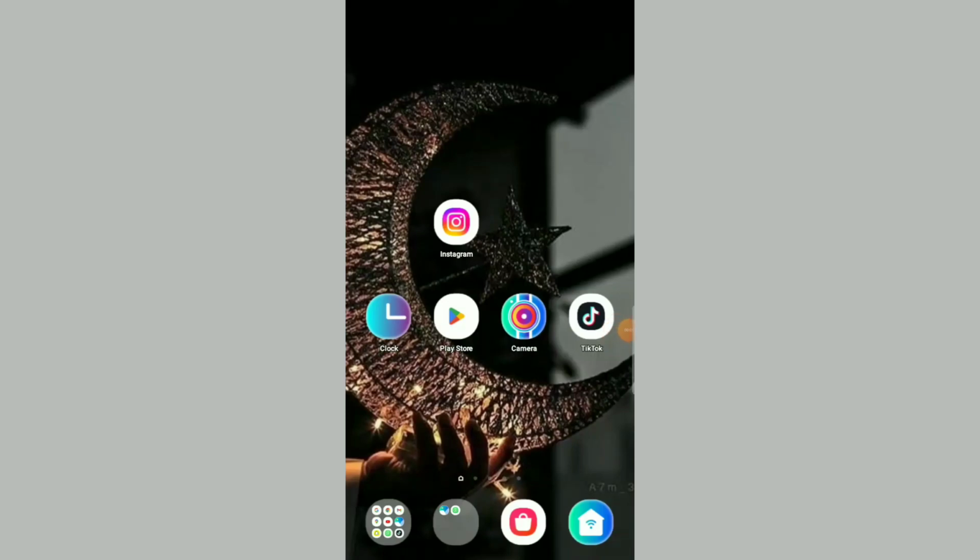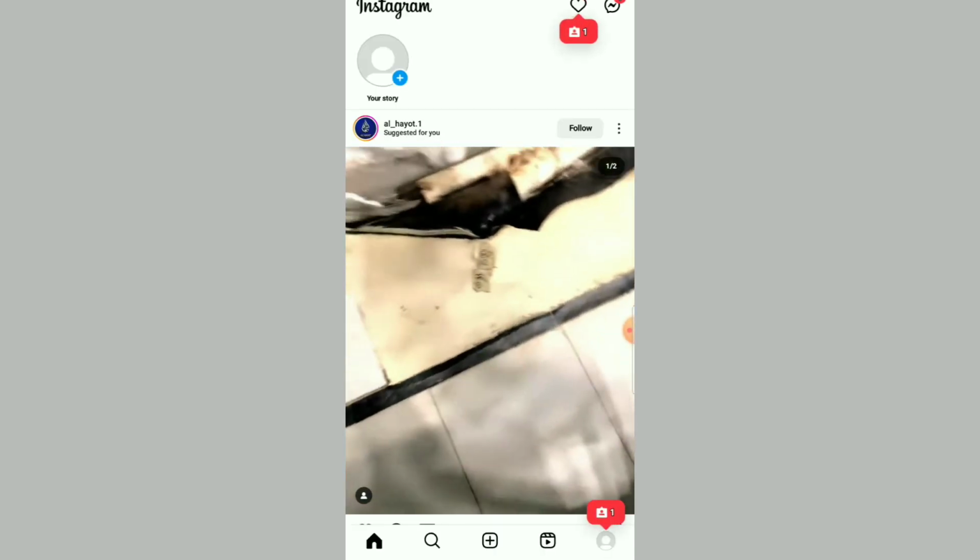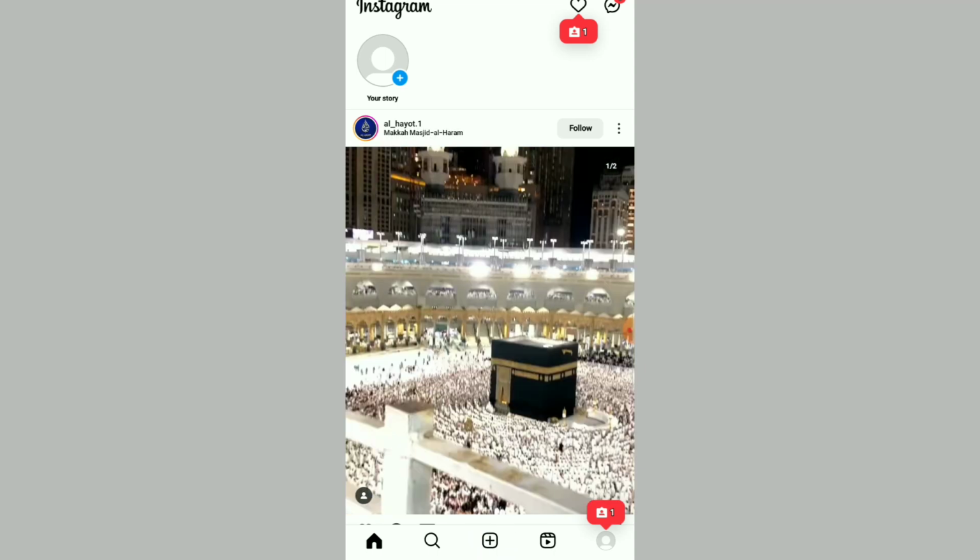Instagram with two accounts. Firstly, you have to install the Instagram app on your Android by the Play Store, then open the Instagram app in your Android. This is the desktop page of the Instagram. Then you have to click on the plus sign, add down, click on it, and then